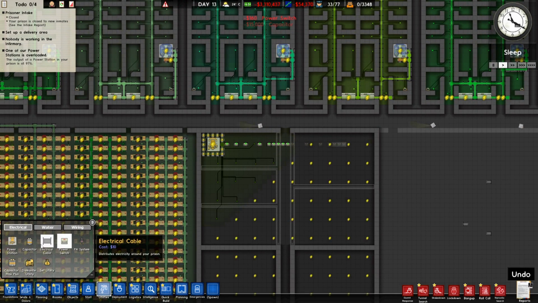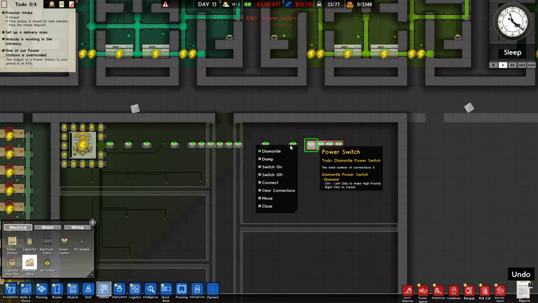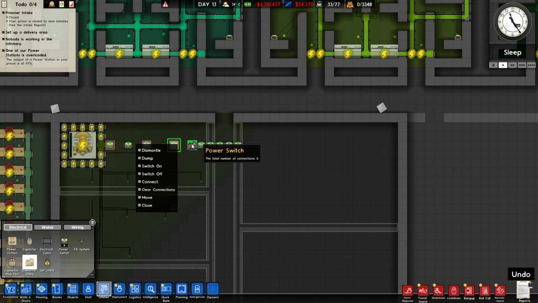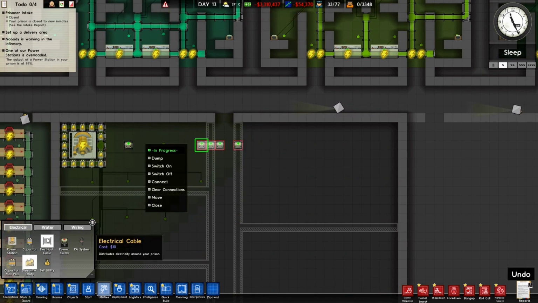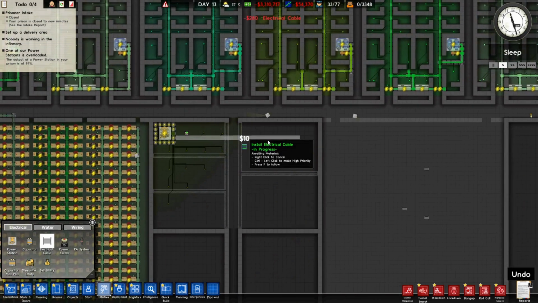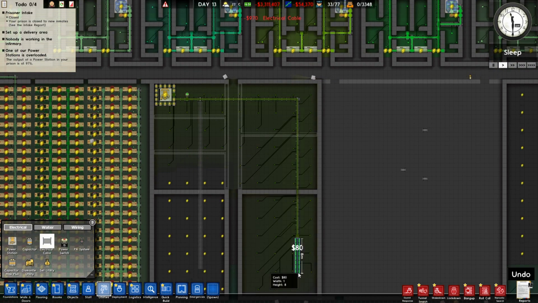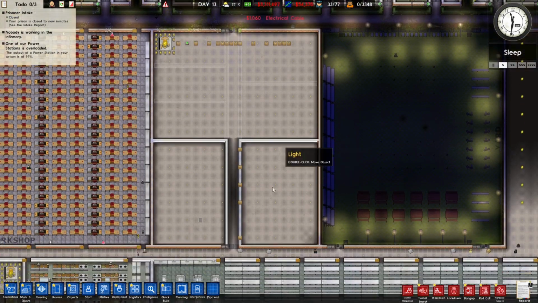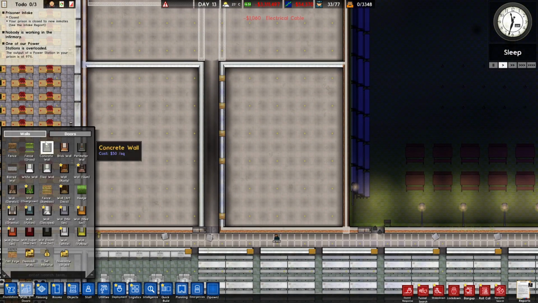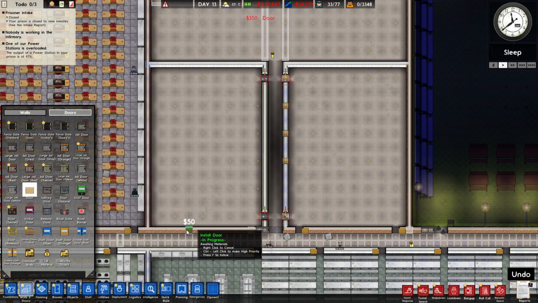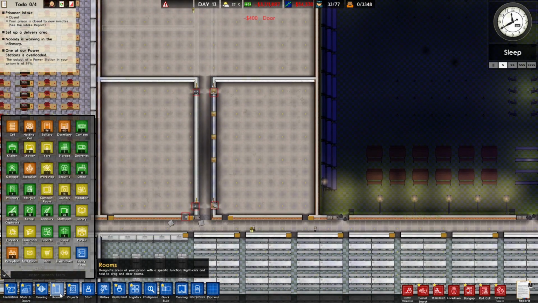Hopefully, just built 1 million power switches. So we will have